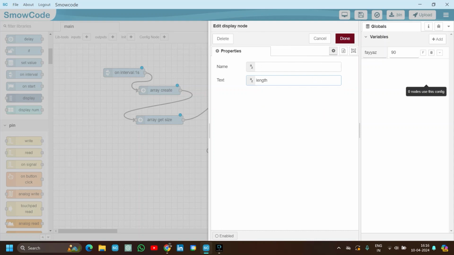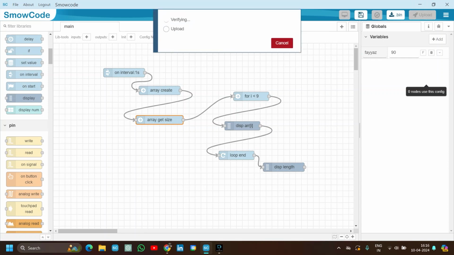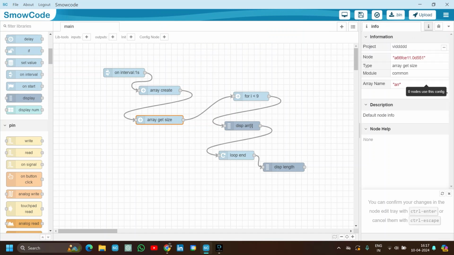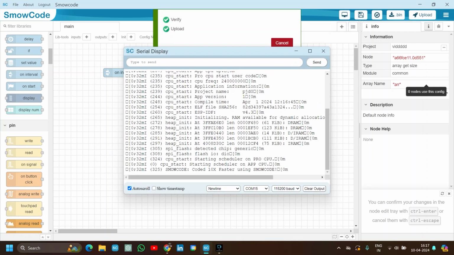So click on length, which is the output of the get size. The output is length. Click on upload. Yeah, so it's done. On the serial display, as you can see,